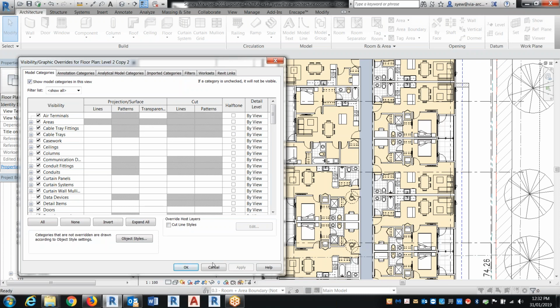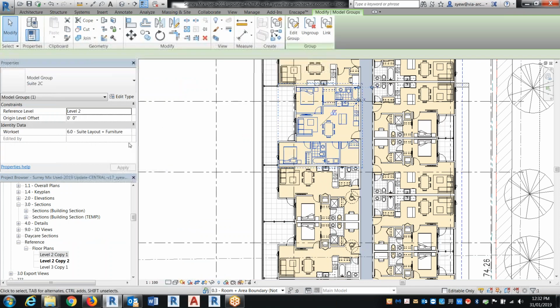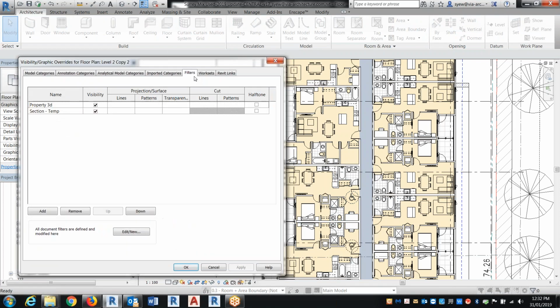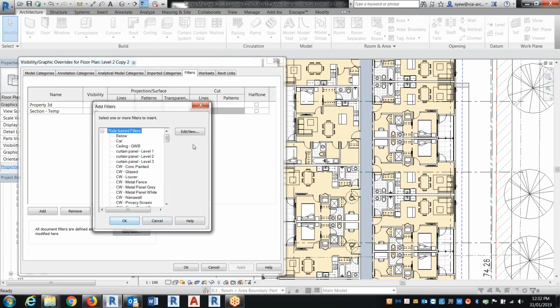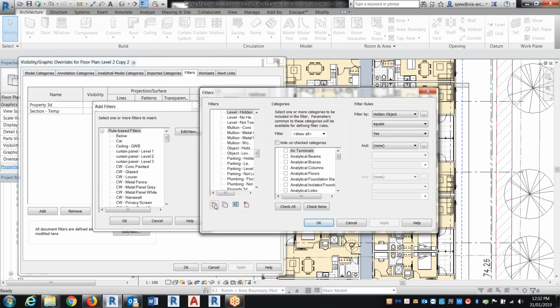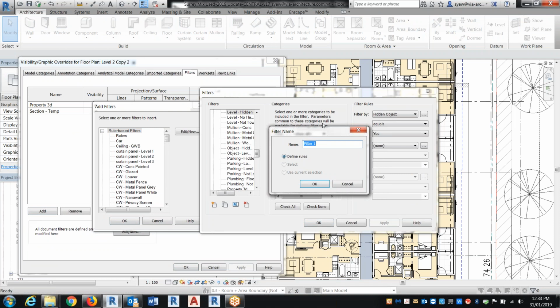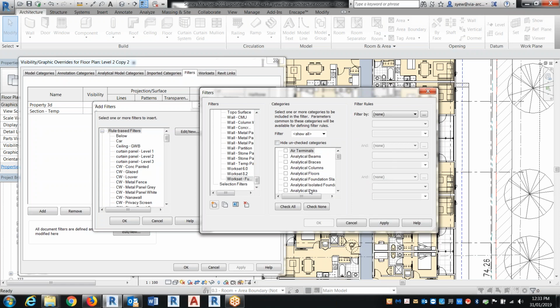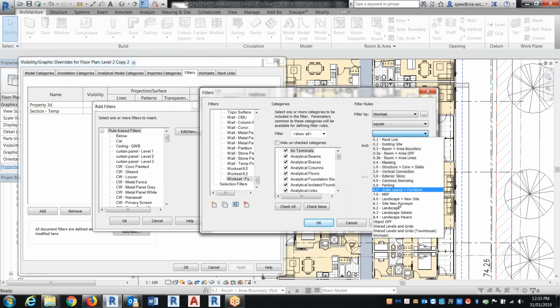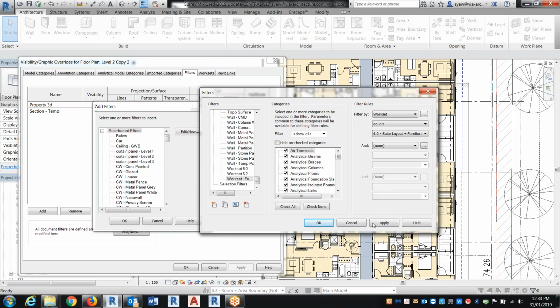In this particular case, I chose the workset for this as 6.0, which is the interior furniture. I already changed that. So all I have to do is create a filter. In this particular filter, I'm just going to add a filter. Create new. I'm going to call this workset, let's say furniture, right? So what I'm going to do is check all, and workset equals, you pick this particular one,